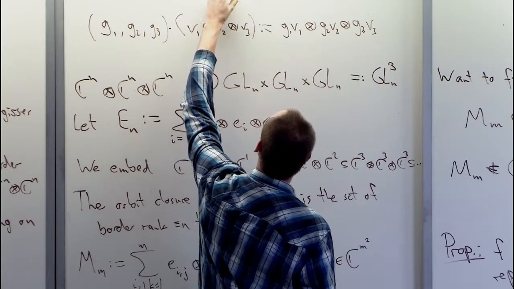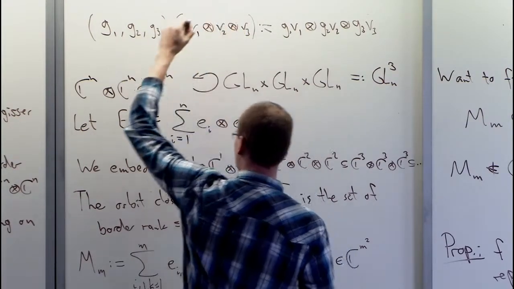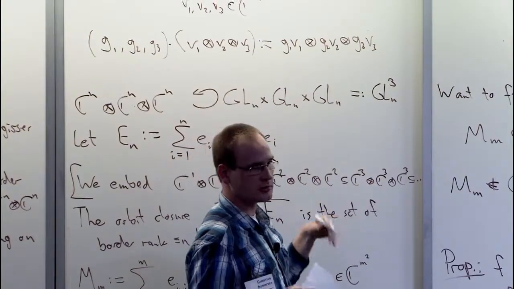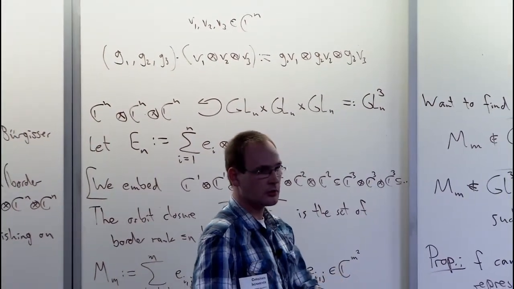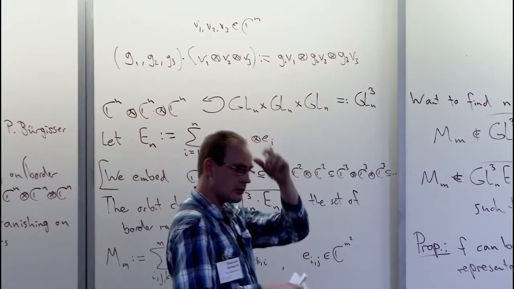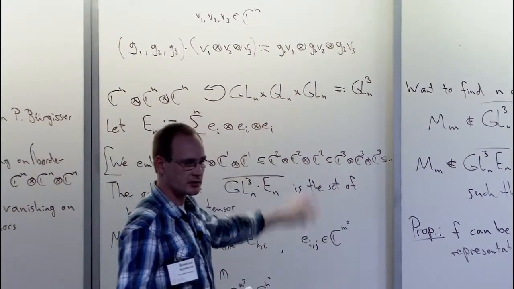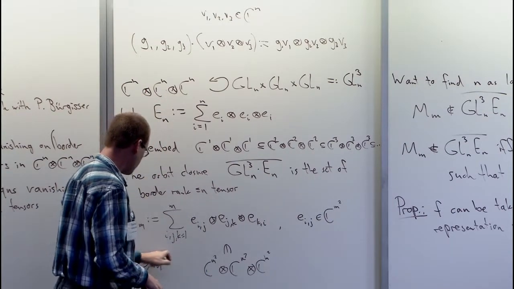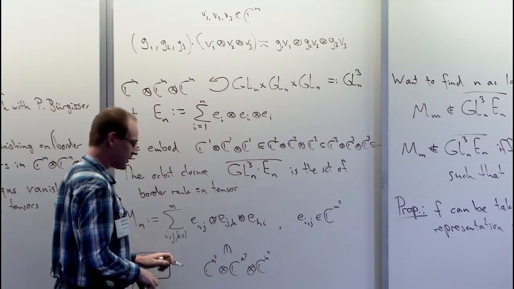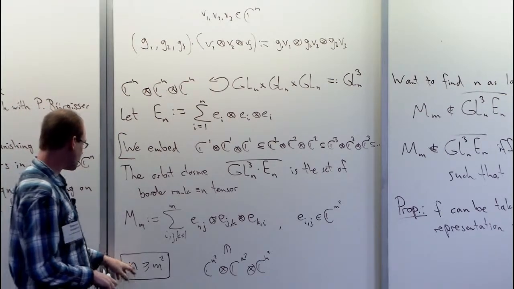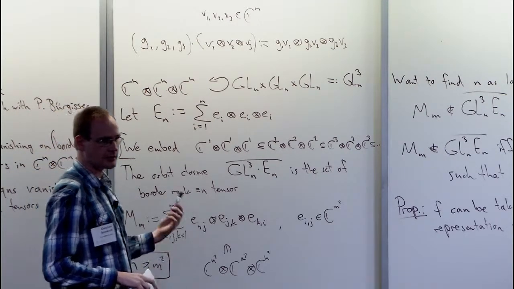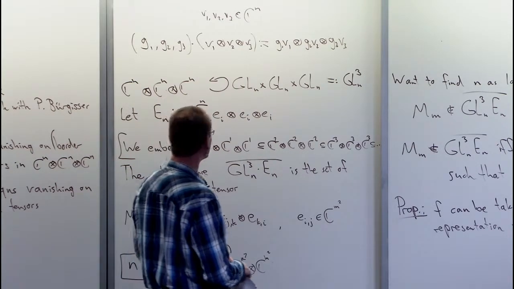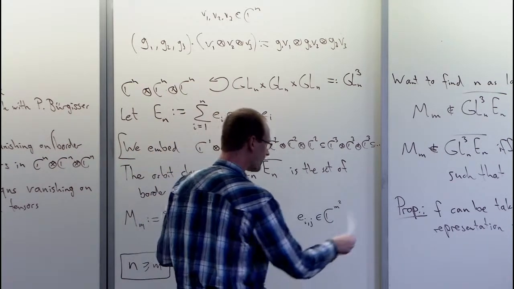Yes, that's right. I embed all these spaces into the larger spaces. You just make it larger. It's fine. You have the larger group acting. Yes, so n is greater or equal to m. I'm sorry, n is the larger one. You can embed this, and then this all becomes well defined, right? And you have the tensor sitting there. Okay.